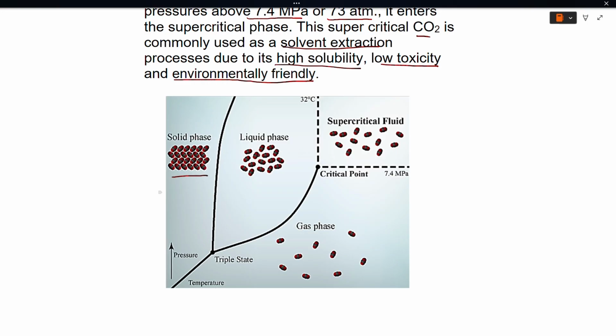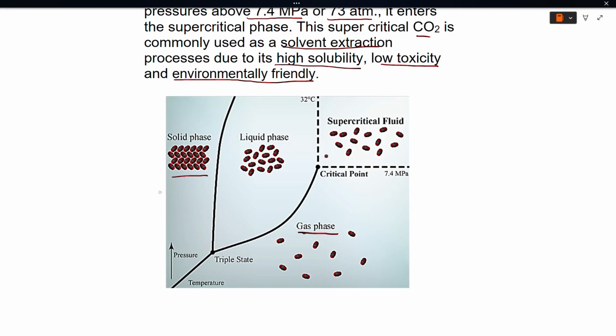You can see there is some more space in between the molecules. And here we have the gaseous phase where the molecules are very far apart. Now, when it goes to the critical point, that is above the critical condition, this is the case shown for carbon dioxide. That's why they have mentioned the pressure and temperature. This is 32 and here it will be